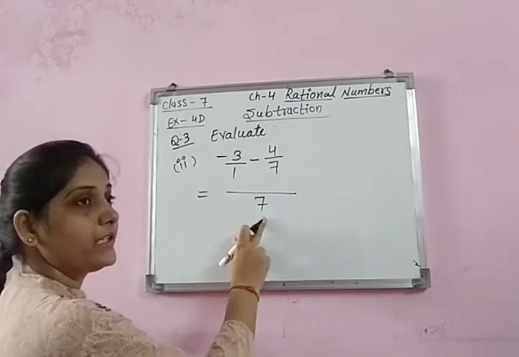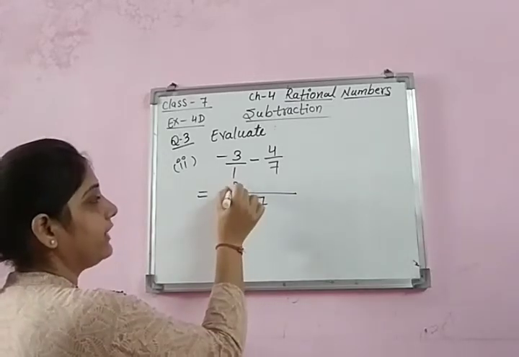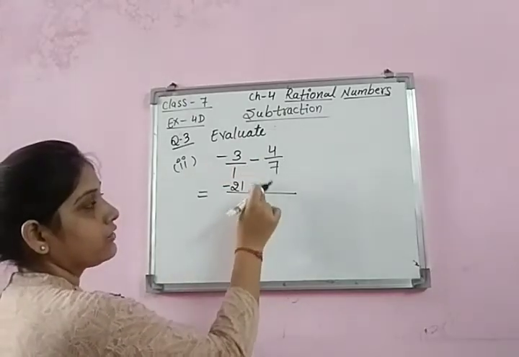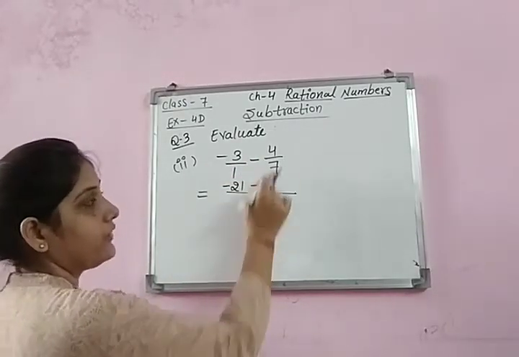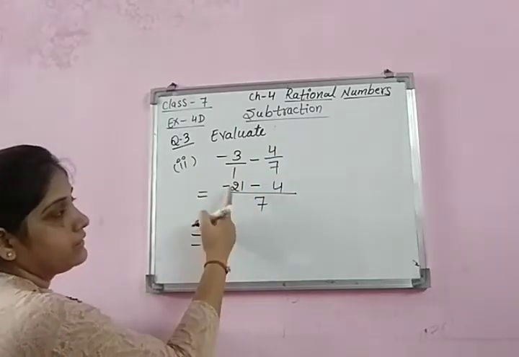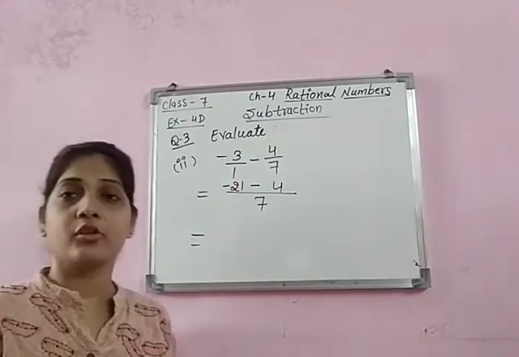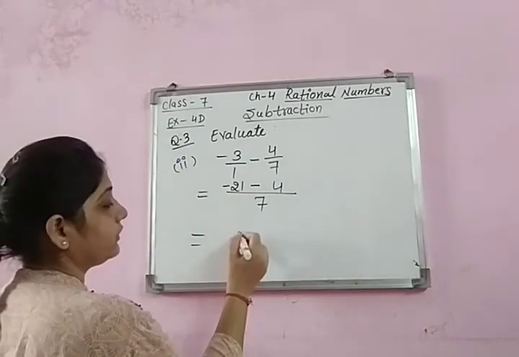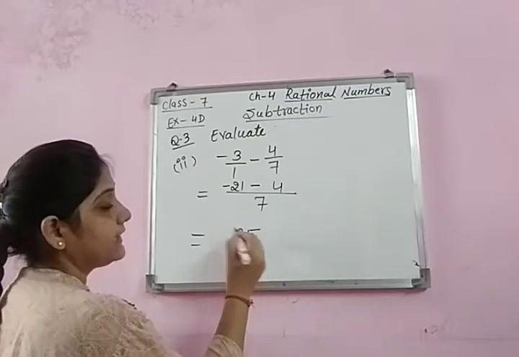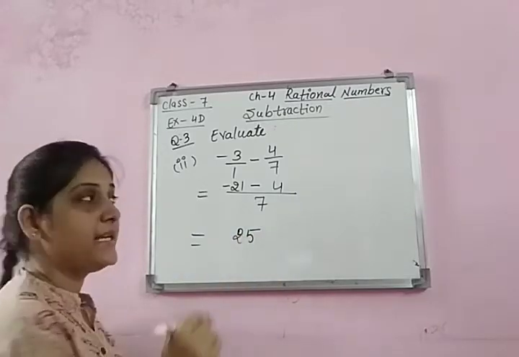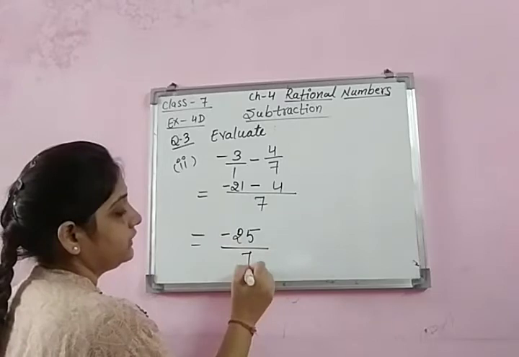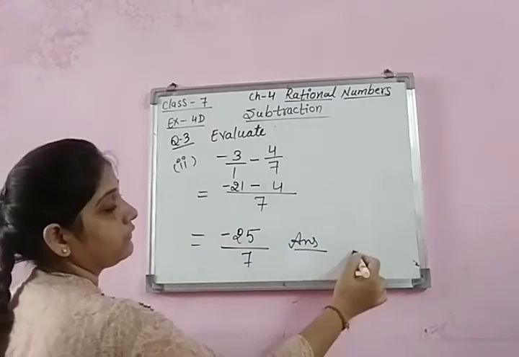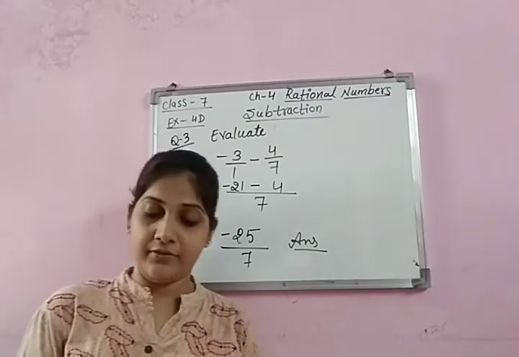By 1, if you are dividing, you will get 7. 7 3s are 21, and because it is minus 3, so minus 21. Now this is also negative as it is. 7 one time, 1 4s are 4. Now look, both the signs are same. So if both the signs are same, we have to add. So 21 plus 4 gives us 25. The digits get added, but the sign remains the same, that is negative. Minus 25 by 7. So you will get a negative rational number as the answer, negative 25 by 7.